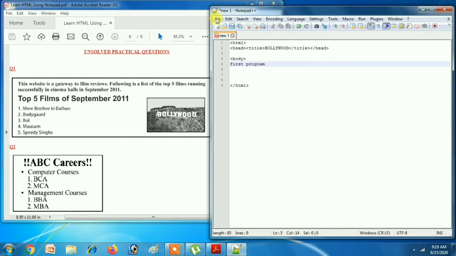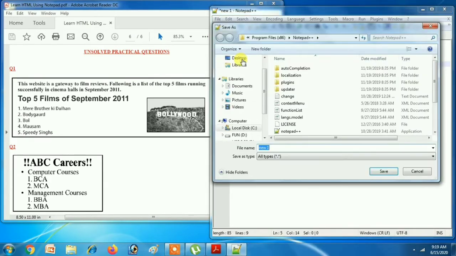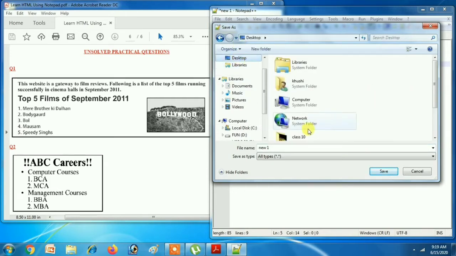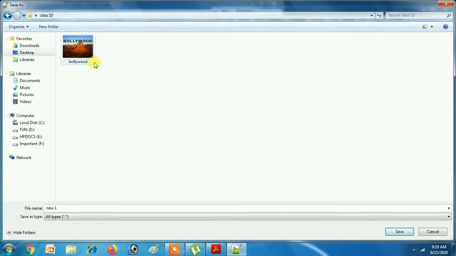Let's see how it looks in the web browser. So we will save it. I have created a folder on the desktop. You can see class 10 folder I have created. There I have already downloaded a picture and used. Okay, so I will save it here.